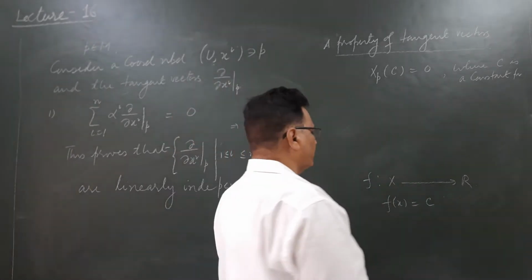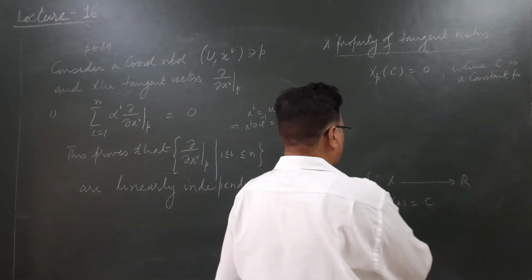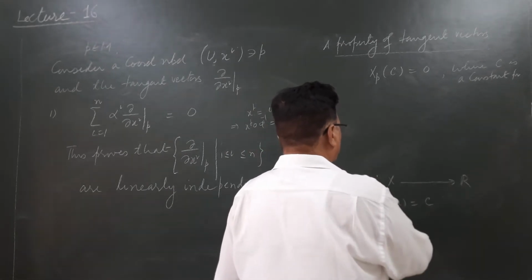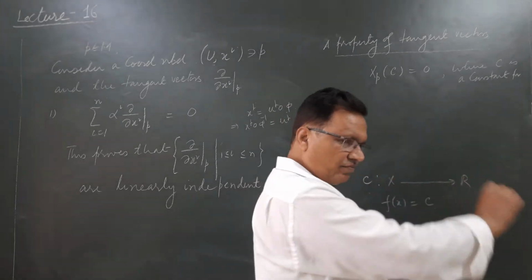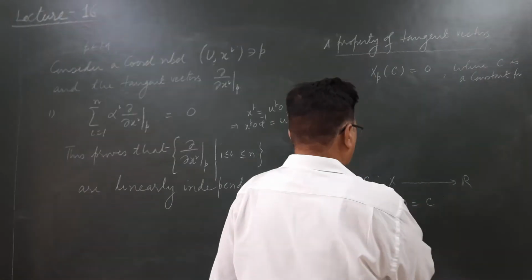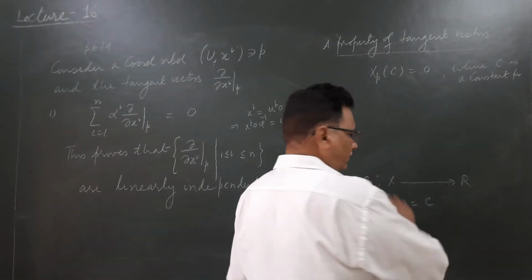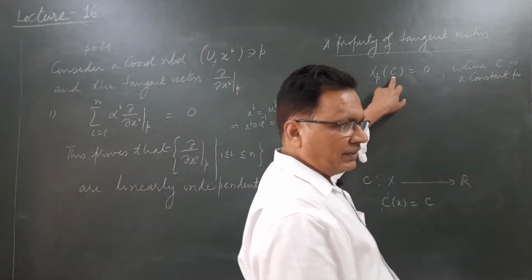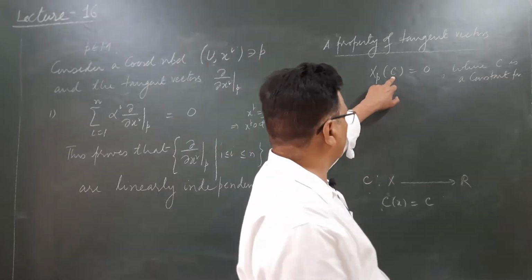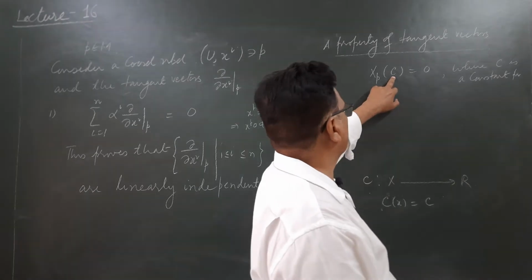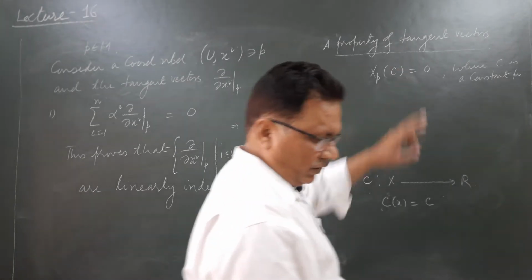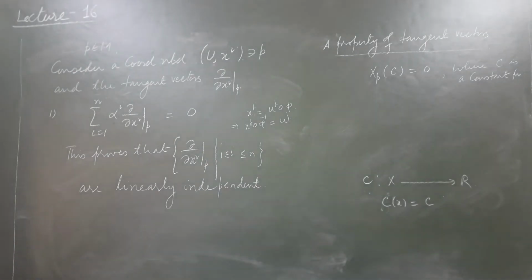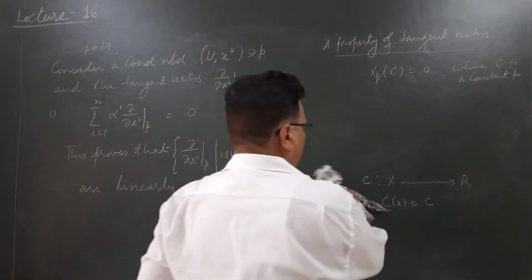So what people do, instead of denoting such a function by f, they denote the function itself by c. Okay? So c is not a number, in fact it is a function whose value at every point is the number c. ठीक है ना? ये भी एक कन्वेंशन है जो हम लेके चलते हैं।